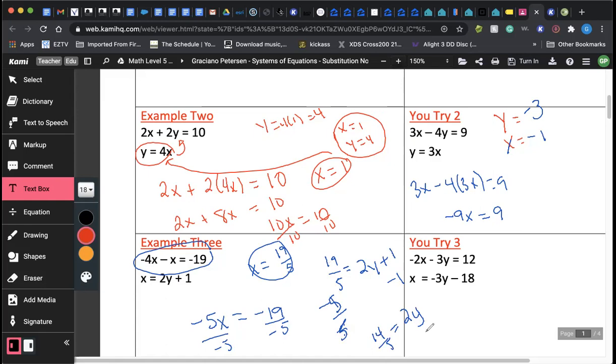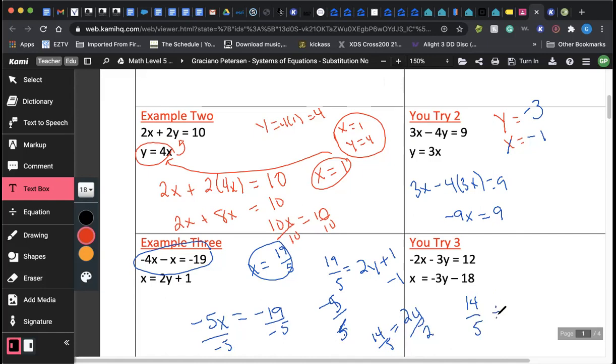I'm going to divide both sides by 2. When I divide 14/5 by 2, right? So it's 14/5 divided. Oh, let me just undo this, sorry. Let me straighten up my. Okay. So I have